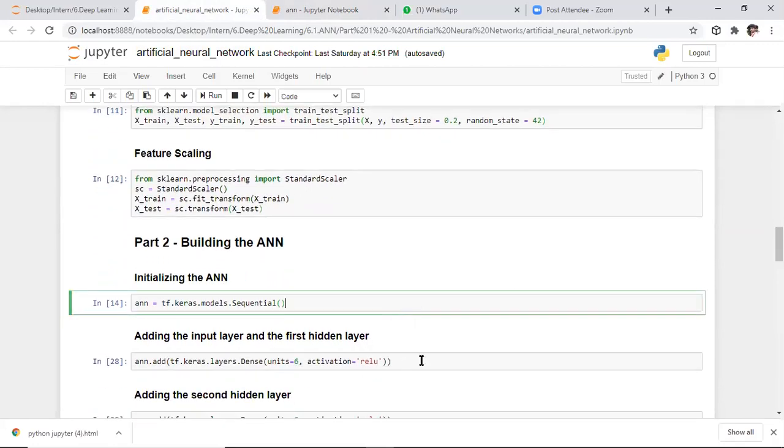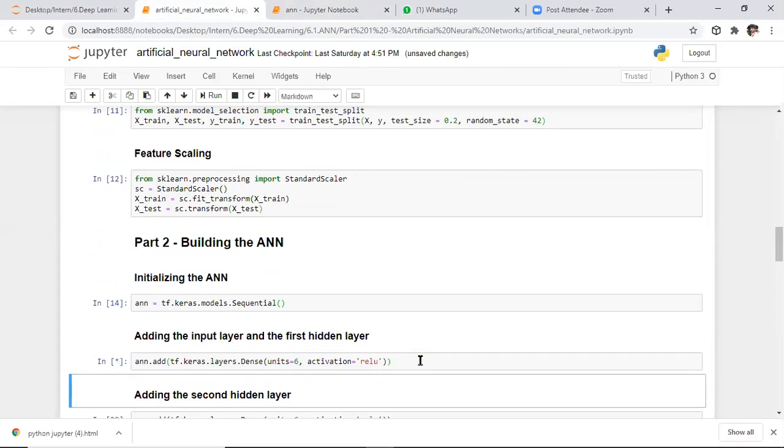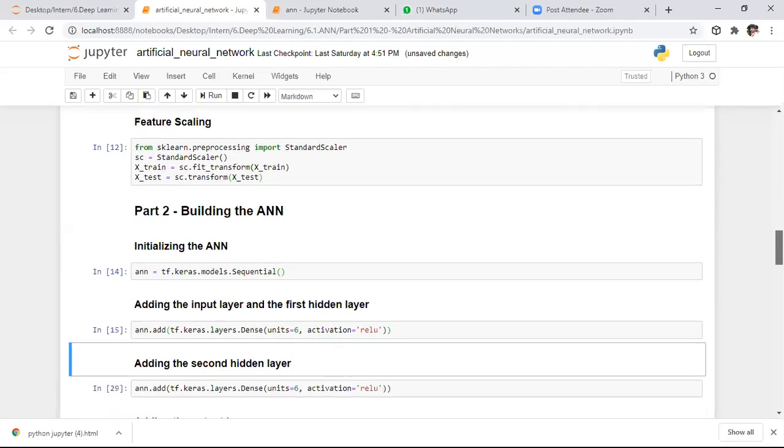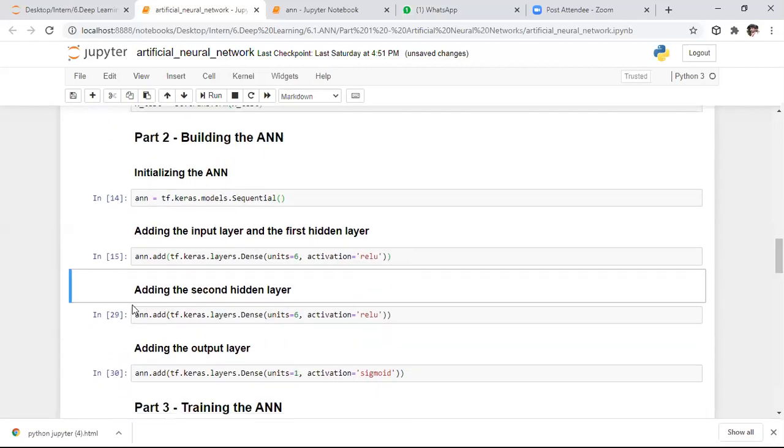After initializing the data type, what do we need to do? From TensorFlow, we need to specify the output we need as well as the activation function. That is more than enough. If you don't specify the kernel initializer, by default it will be Glorot uniform, as we already saw. If you want a different weight initialization method, you can specify it. If you want to add one more hidden layer, how do we add that?